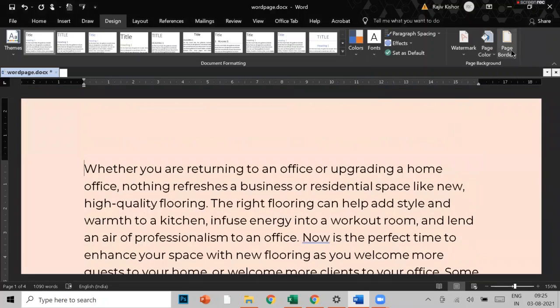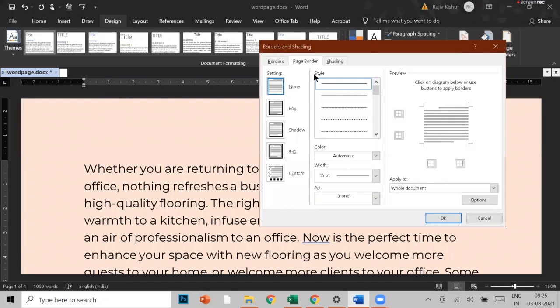Now next I want to tell you about the page borders. You click on this option. By default, none is selected because we do not have any border. You can see that's why none is selected. Next, you can see it is showing box. If you want a box style page border, in that case you will select this one, and in the next you can see the style is appearing.